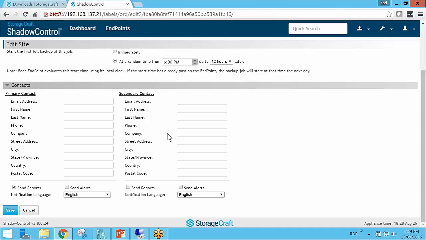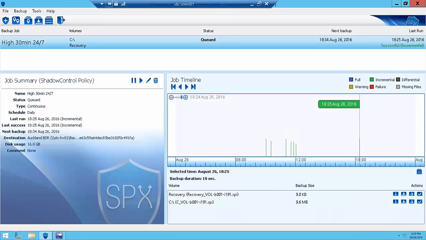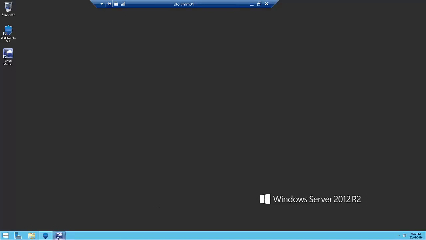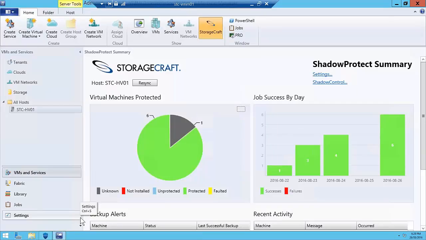Now the next thing you may have noticed when I opened up that VMM01 server is that this machine is actually running Virtual Machine Manager. So for any of your larger sites running System Center, you can install this free StorageCraft plugin. What this does is it's pretty basic, but it gives us visibility of your entire environment. I can see here in this graph I've got 6 machines in green which are all good, and I've got 1 machine which is unknown. It doesn't have our software installed on it, it's not protected. I can see here there's no red, so there's nothing failing, but it's giving me a nice graph, and it feeds all of this